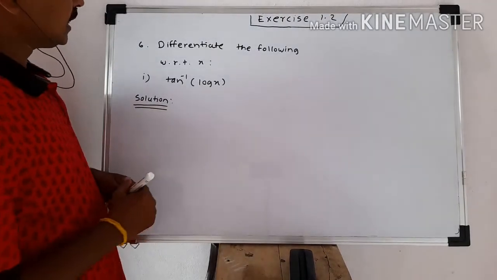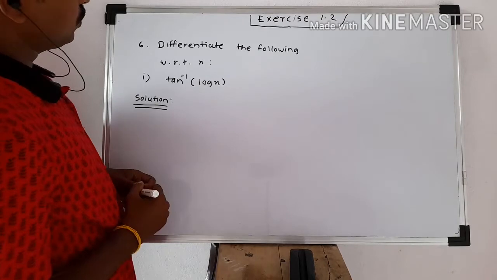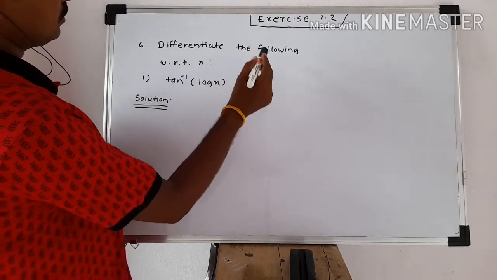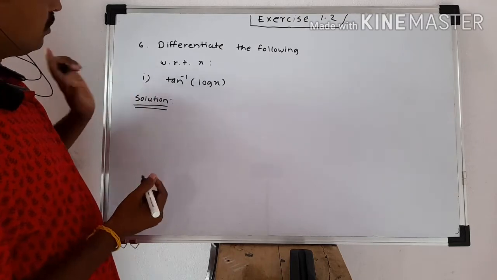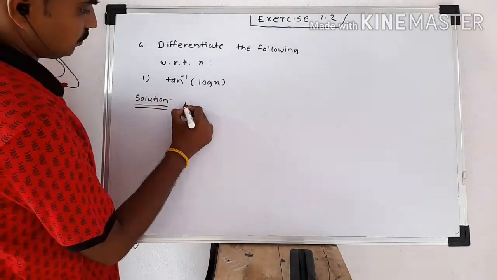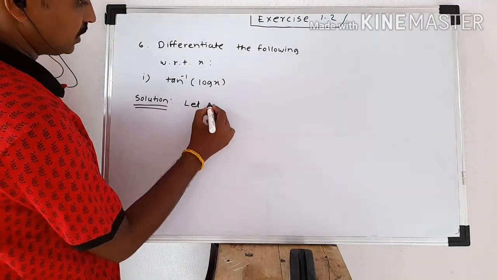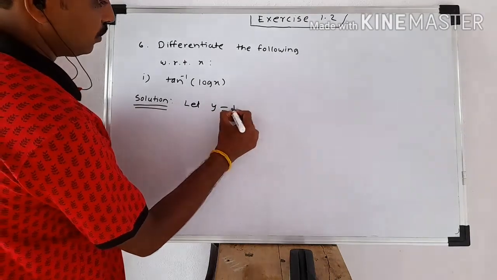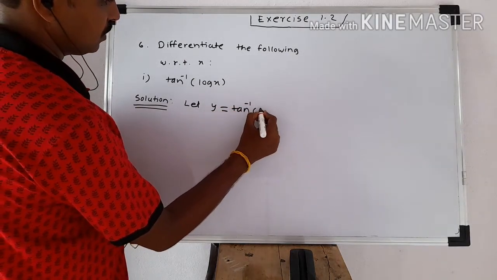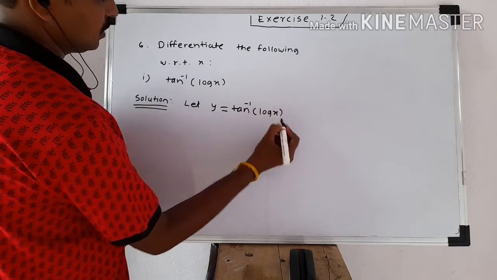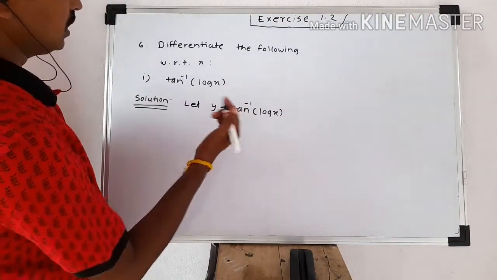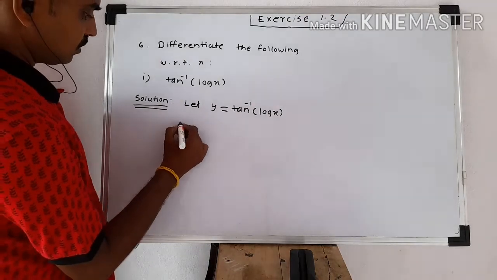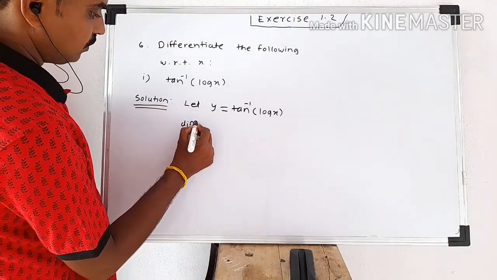Now, sixth type in exercise 1.2, differentiate the following with respect to x. Here the first example is tan inverse of log x. To find the derivative of this function, first of all we will write y equal to tan inverse of log x. We have to use the complete formula in terms of inverse trigonometric function. Now we have to differentiate